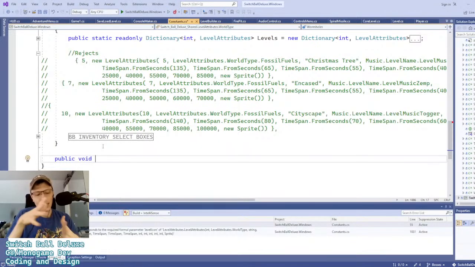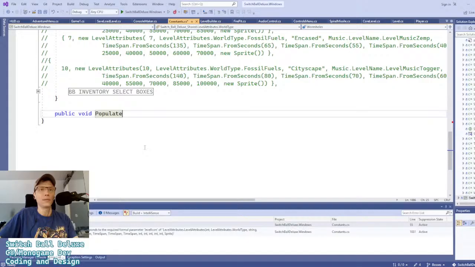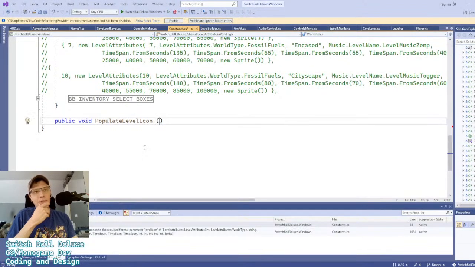Now when we're calling a constant, we're probably in that moment calling static. I'm just going to do populate. Let's call it populate level icon. And we're going to pass in